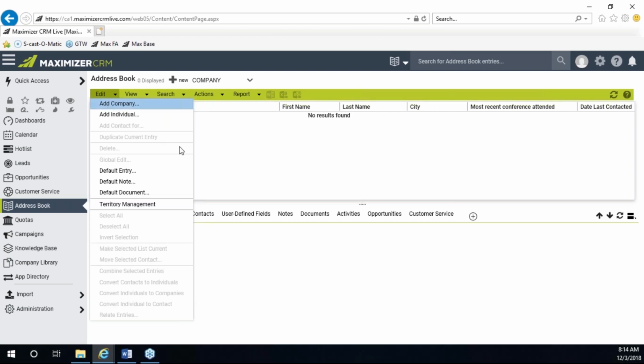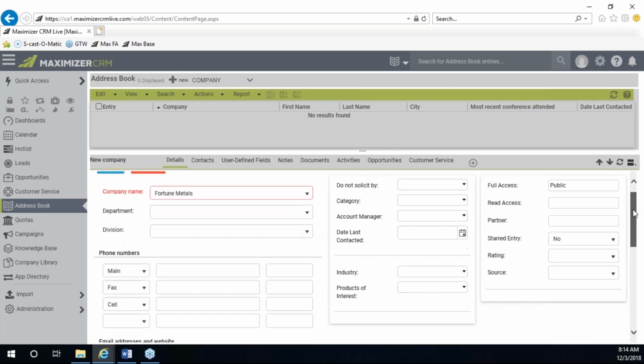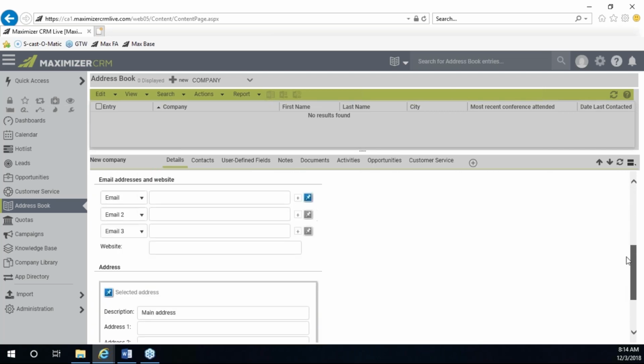So let's begin by adding a company. The red field here indicates a mandatory field, so I have to have a company name. So let's call this one, I don't know, let's call this Fortune Metals, okay? And the next thing I do is fill out all the rest of the information for a company that I've got. I've got a scroll bar over here on the right, so I have a chance to see what else